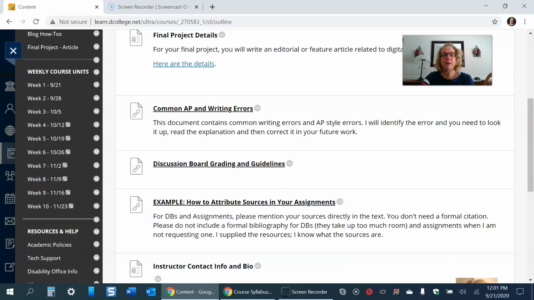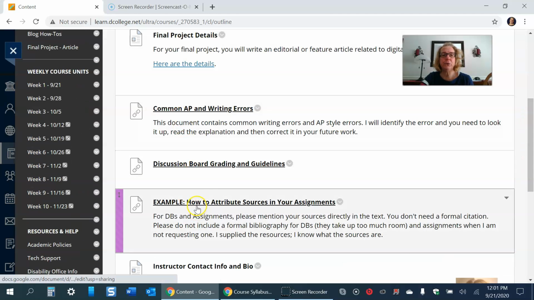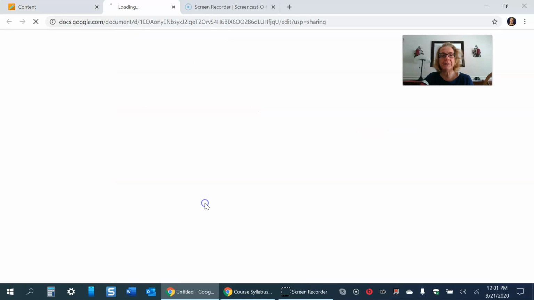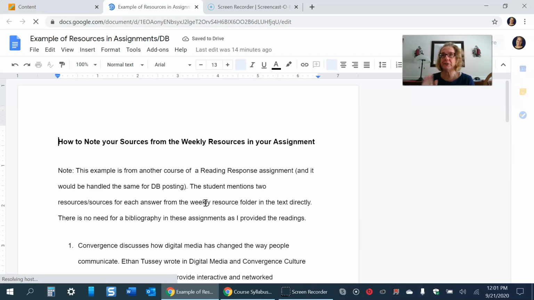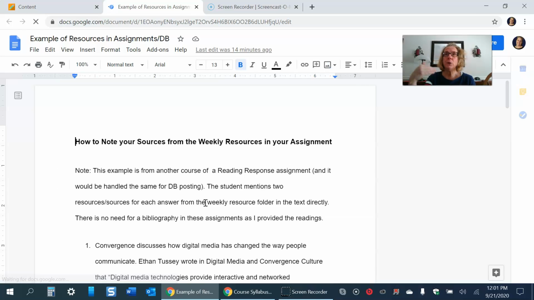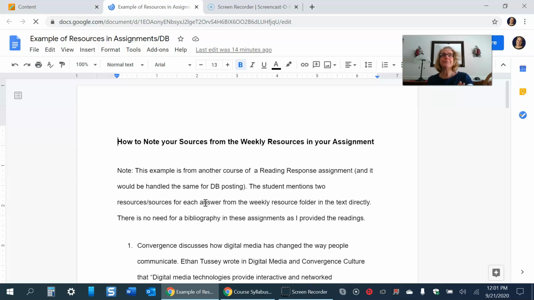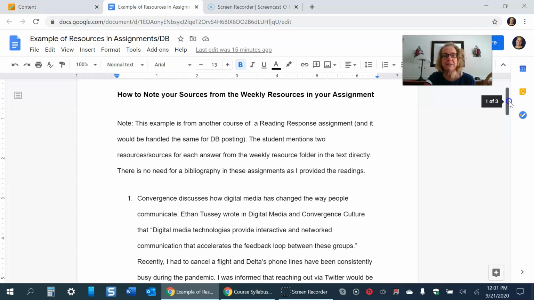Okay, the other thing I would really love for you to do is look at this example here and read it. This is how in your assignments, now this is not how you're going to do it in your blog postings, but for your regular discussion boards and assignments where I'm giving you resources and then I'm asking you to do a reading response or to discuss those resources and what you learned, you don't have a bibliography, you don't have to have links, you just need to mention your sources in the text, and there's an example like here, this is from another class, Ethan Tussey wrote in this article,